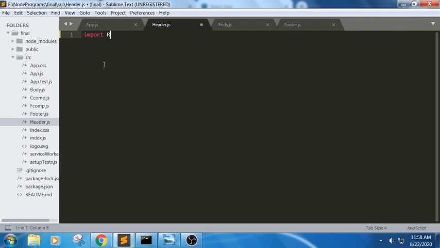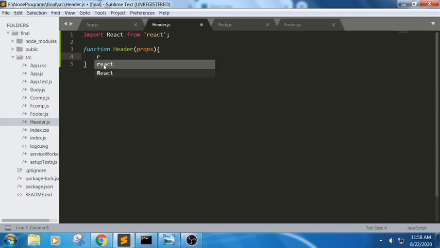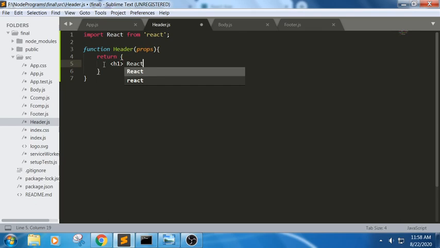As we know, first we need to import the React library. We have imported the React library. In order to write a function component, we write function, space, the component name. Always we need to use props here as a default parameter in order to retrieve the values. In this, we will not have a render statement, we will have a return statement itself. And in this, for example, I am trying to write h1, React fish fry. Let's write the title as React fish fry.